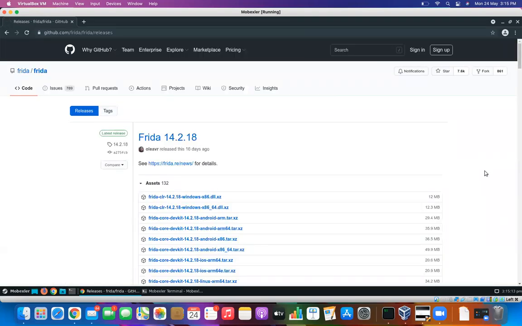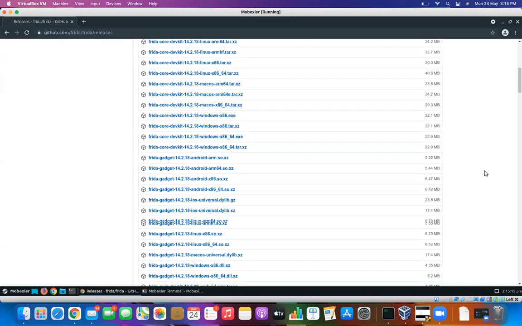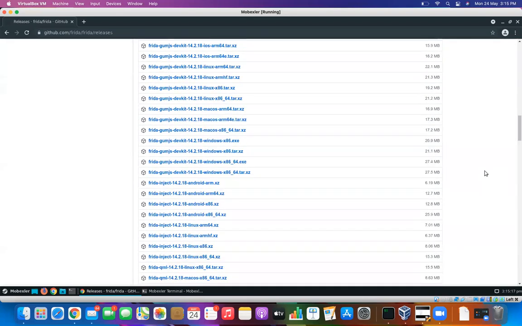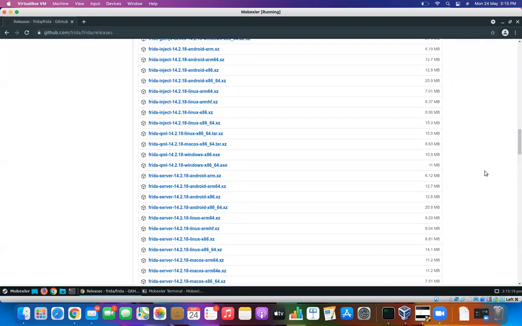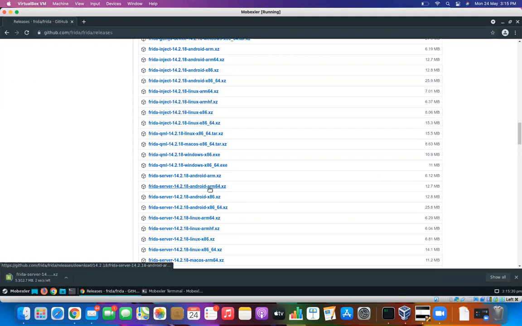So I'll quickly scroll down to figure out Frida server, and here it is. You will see Frida server for Android ARM 64.xz, and we click on this and that will download,